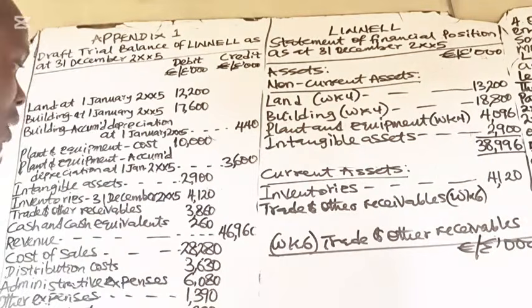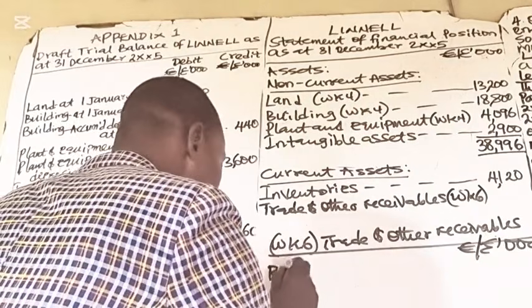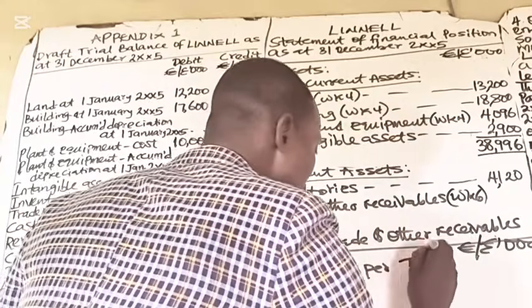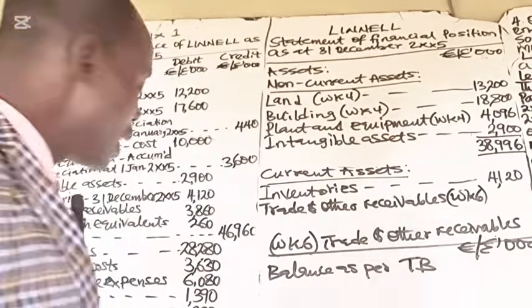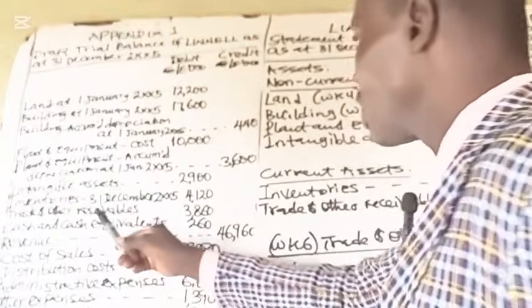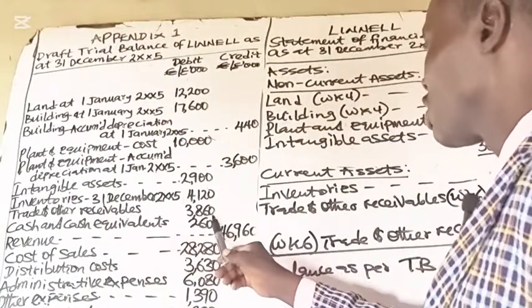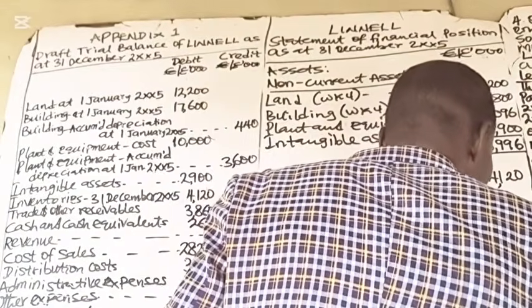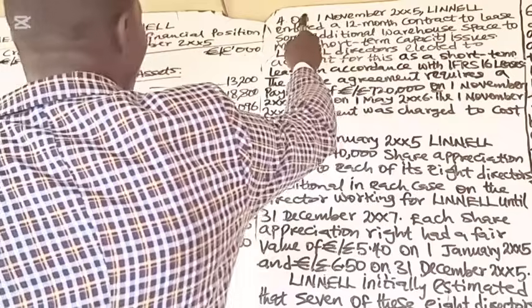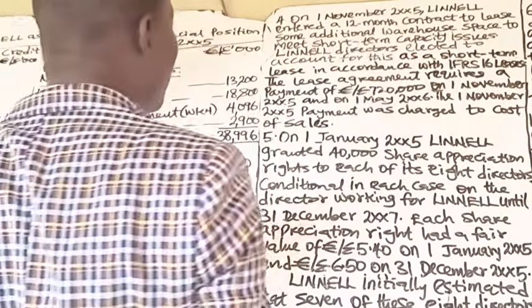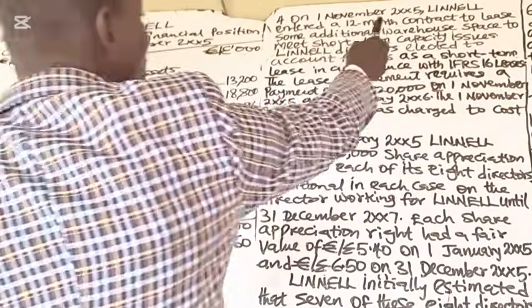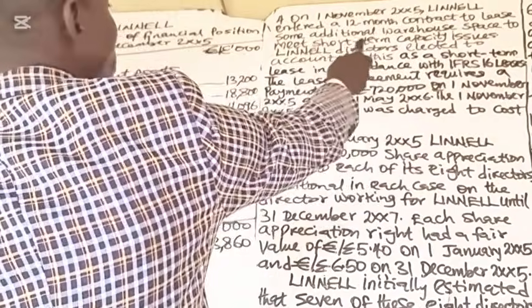So the starting point is the balance as per trial balance. In our trial balance, we have trade and other receivables of 3860. On 1st of November 2005, Linen entered a 12-month contract to lease some additional warehouse space to meet short-term